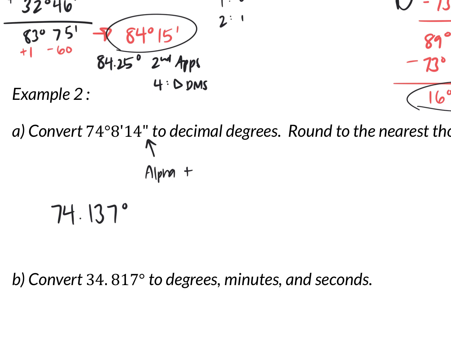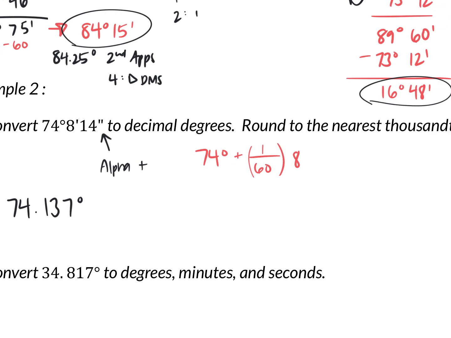So this 74 degrees would stay there for your answer, but then it is 8 minutes. And remember, 1 minute is 1/60th of a degree. So we're adding 1/60th times my 8 minutes. That's like the decimal part of the degree. And then for a second,